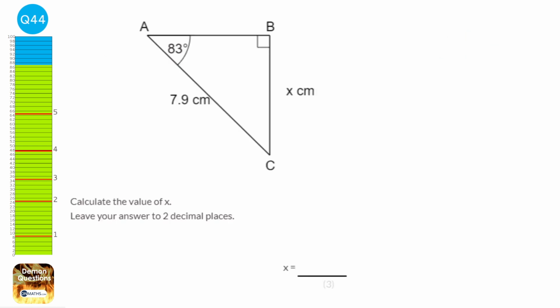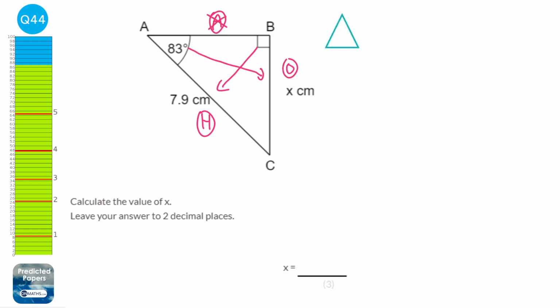So we've got a right angle triangle here, and it involves two lengths and an angle. So we know we're going to be using trigonometry for this. And first step of trigonometry is labelling the sides. So the one opposite the right angle is the hypotenuse, the one opposite the marked angle is the opposite, and the one between the right angle and the marked angle is the adjacent. Now notice there's not a number or a letter next to the adjacent, so we can cross that out straight away. Next thing we're going to do is draw our triangles